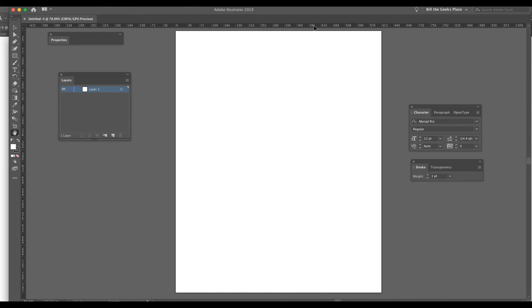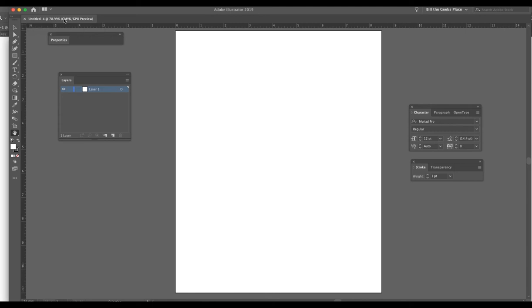Right now I believe I'm working in pixels, but if I hover in the ruler, I can right-click or control-click on the Mac and go to inches. And so you can see that this is 8.5 by 11 inches. I like that. Or if I'm doing web work, I might right click again and go back to pixels. I'm going to go to inches, though I really prefer to work in pixels. So I know that this is 8.5 by 11. Notice up here at the top it says